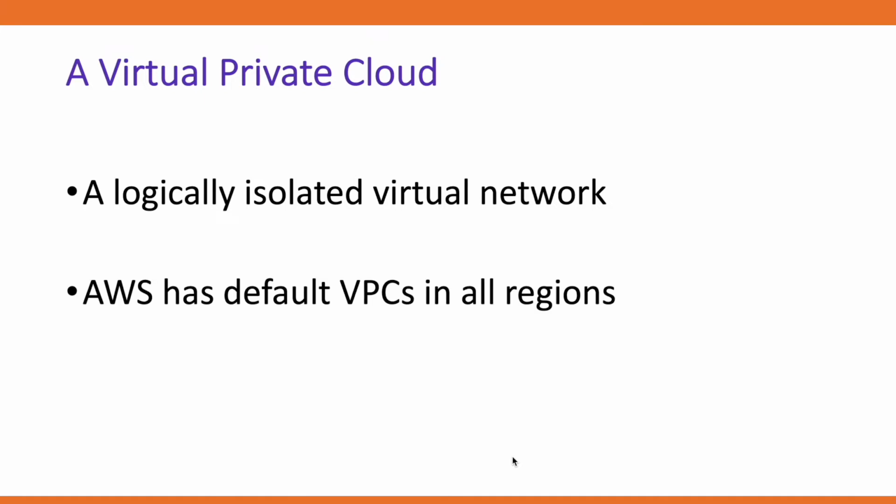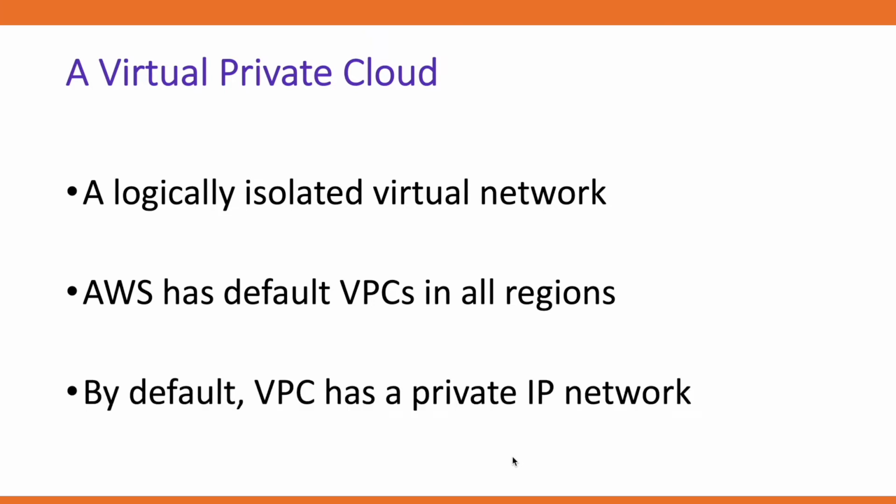AWS has default VPCs in all regions, but it is a good practice to create custom VPCs for our configuration. Custom VPCs can easily be used to connect to on-premises and cloud networks like AWS, Azure, or Google Cloud. By default, a private IP network or CIDR block is allocated to each VPC so that they can communicate internally within the virtual network. If we want to allocate DNS host names or public IP addresses to the resources within the VPC, then we have to manually enable the DNS host names option inside the VPC. We will see this on the AWS console later in this video.